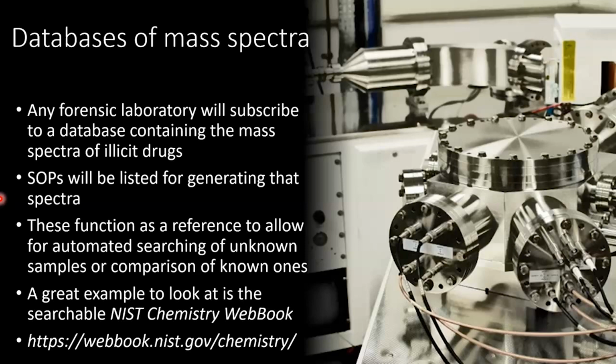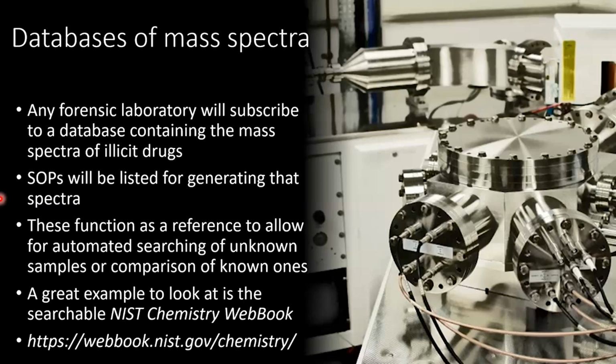There will be SOPs, standard operating procedures, listed for generating that spectra. So, the setup for how you set up your mass spectrometer, things like the cone voltage, the solvent that you would use, the concentration, all of those details that you need to make up your sample. You would replicate those to have the best chance to replicate the known spectrum that you're trying to make a comparison to. Part of the function of the software on a mass spectrometer is to do automatic searching and matching. So it might say after you've finished your experiment that your unknown matches the known sample for morphine